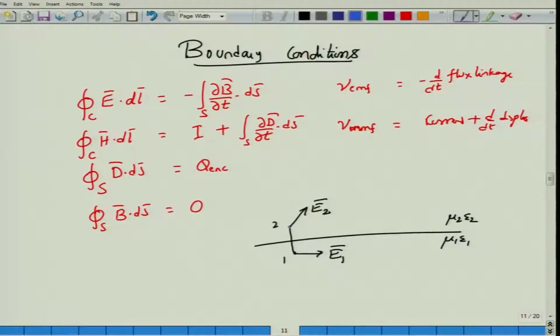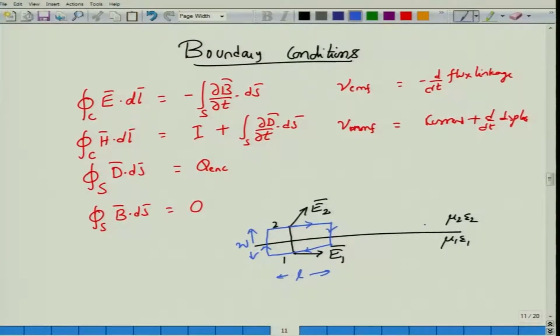I imagine that I extend a path here which includes points 1 and 2, and then I take this particular path. I will also assume that over this path the electric field E2 or the electric field E1 in the appropriate regions are not varying much. So let us call the path as having a length L and a width W. Clearly half the width lies above and half the width lies below this particular boundary.